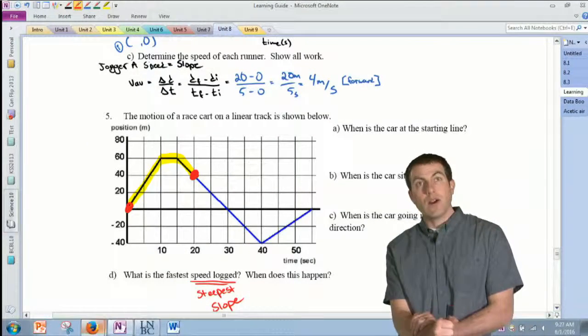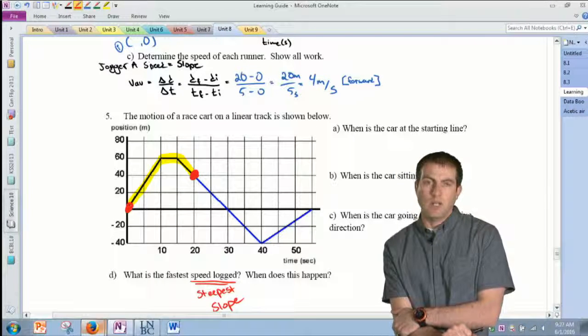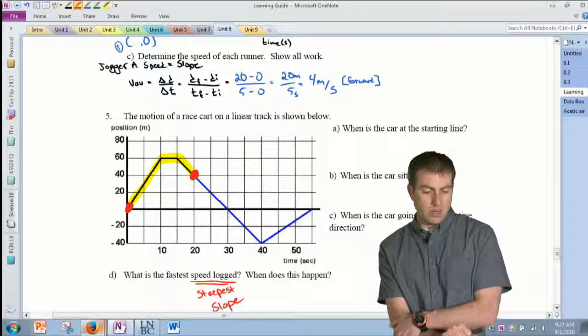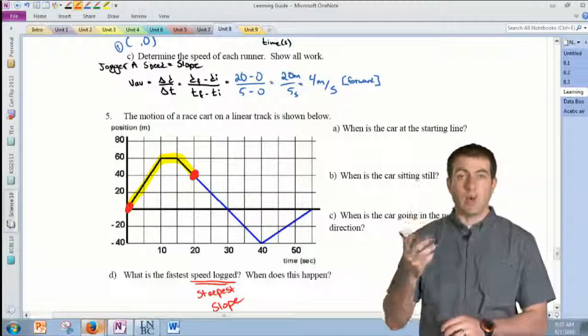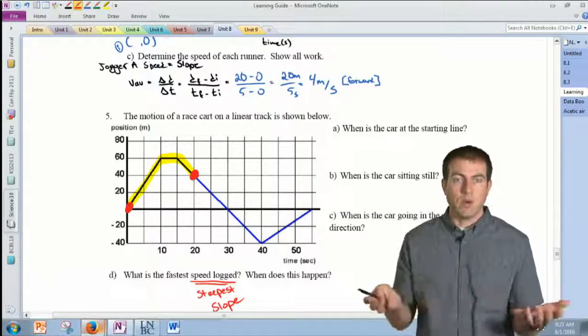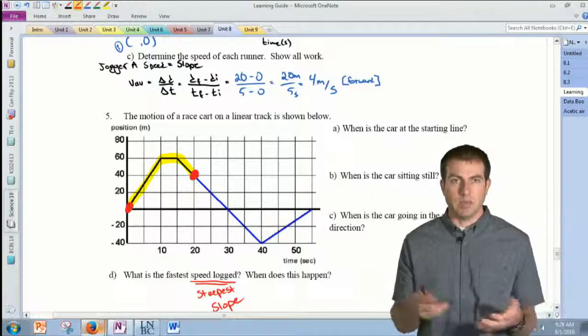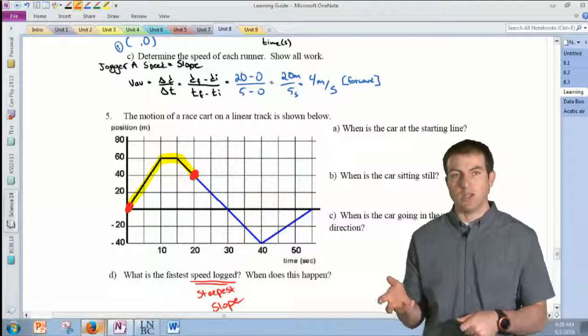Now, there are 2 ways I can think of doing this question, and normally the way that I would do it is kind of a really long way, but it's the first thing that kind of pops into my head when I see this. If I want to find the average of anything, I'd add them all up and then divide by how many there were. But in this case, it's a little bit different because I'm dealing with velocities.